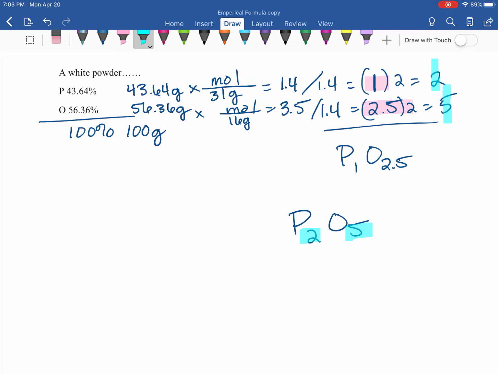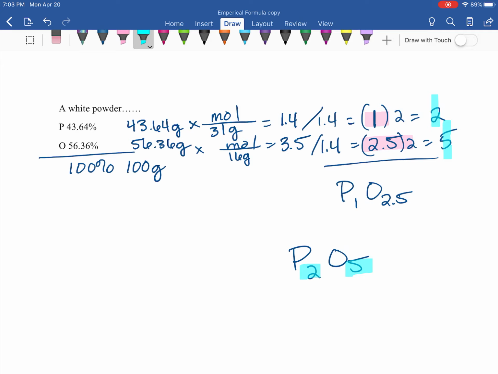So that means our formula is then this. And now we're here with whole numbers. And then you can see that this is not 3. That is actually both are multiplied by 2. All right, so this is actually all the ways that you can get sassy with empirical formula. We've got funky rounding, and we've got molecular